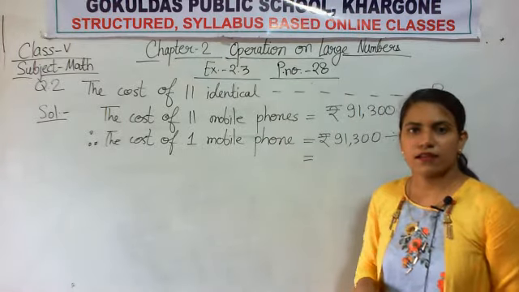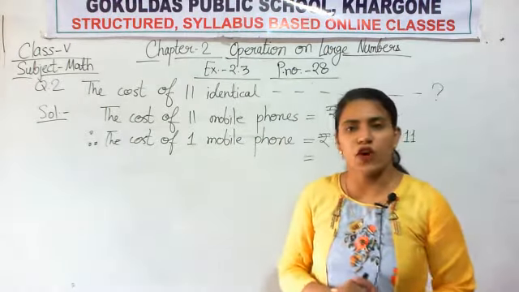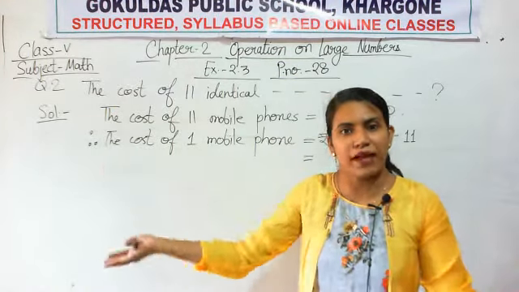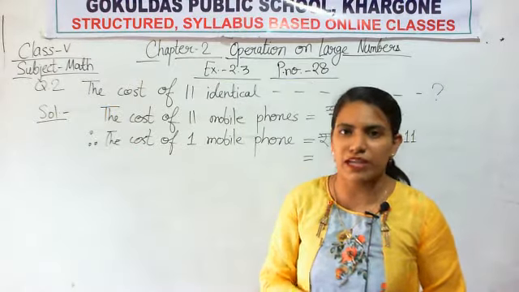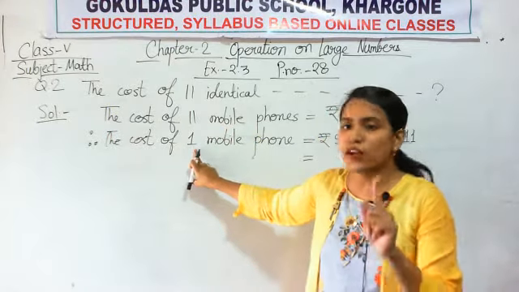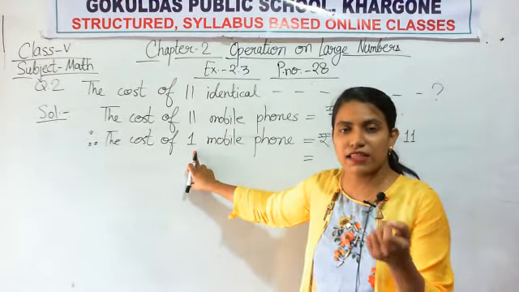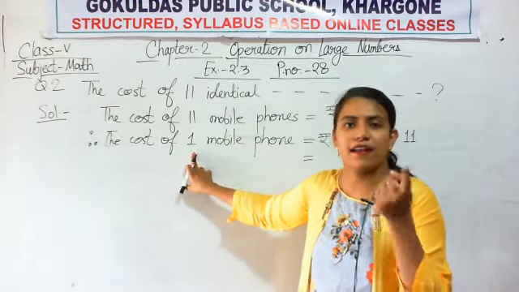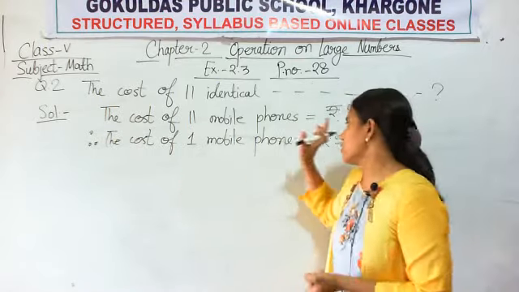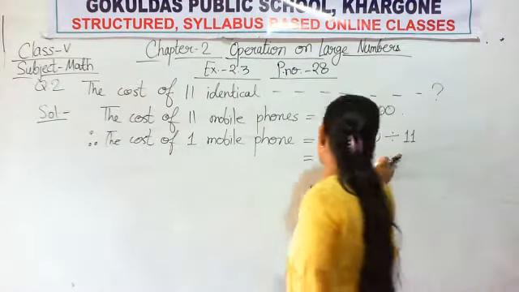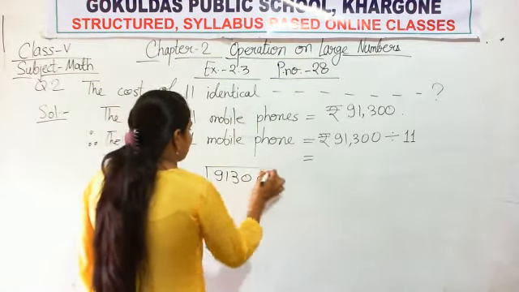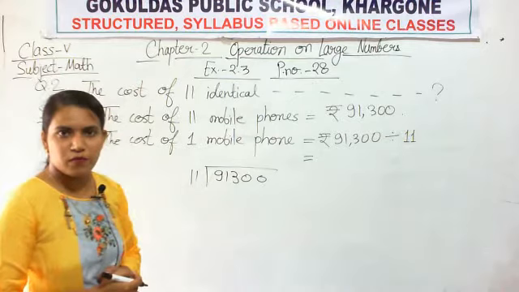Okay, in multiplication what they have given is the cost of one and asked for many. So in that case we do multiplication. Here they have given the data for many and are asking for only one thing. They are telling us to find for only one thing. So in such cases we divide. Okay, so that is why we are dividing here. So for dividing it, we have to arrange the numbers in division form. Okay, so I have arranged both the numbers in division form, right?